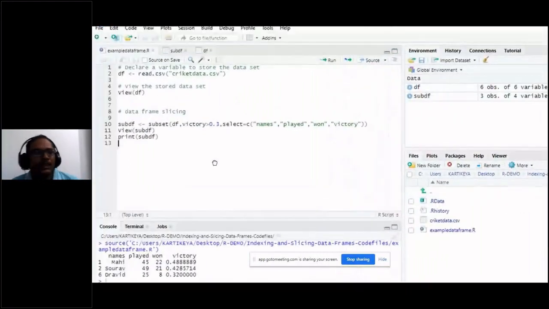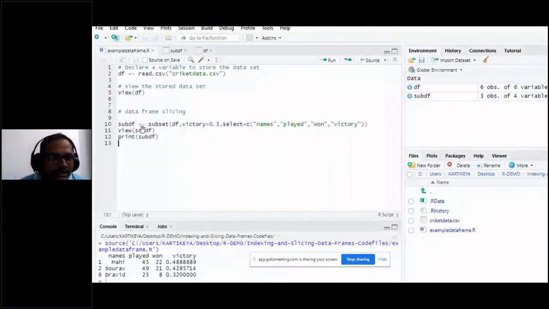See, from read.csv, that is cricket data.csv, I am naming that particular data frame as df. From this df, I want to create a subset of the data frame. So I am naming the subset as subdf.